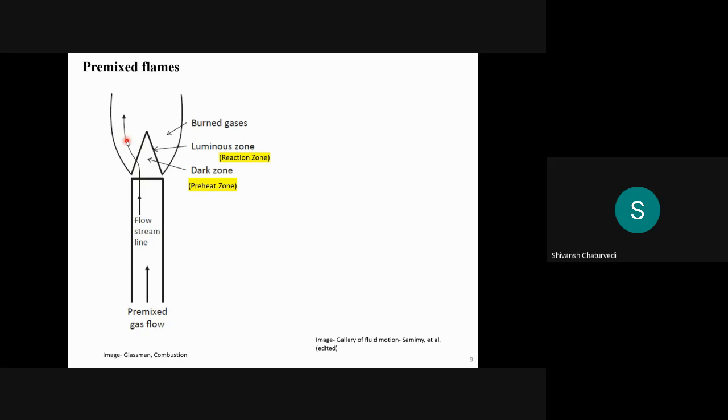Why will the area increase? Can you speak a little louder? Your voice is very feeble. Sir, the width of the flame is more than the width of the tube. Yeah, you're 100% correct. But the question is why? When gases are burning, the temperature is higher. So what will happen if you heat a gas? It will expand. Correct. So these are expanding. That's why the streamlines are diverging.